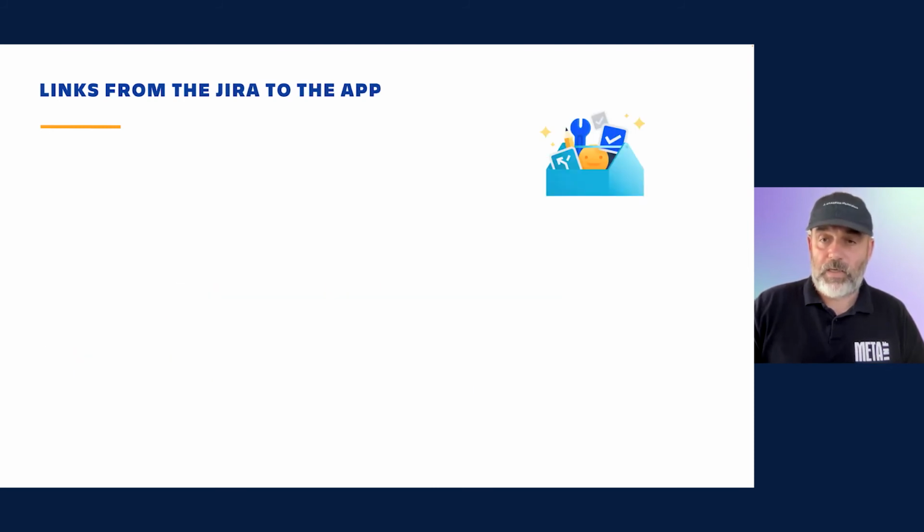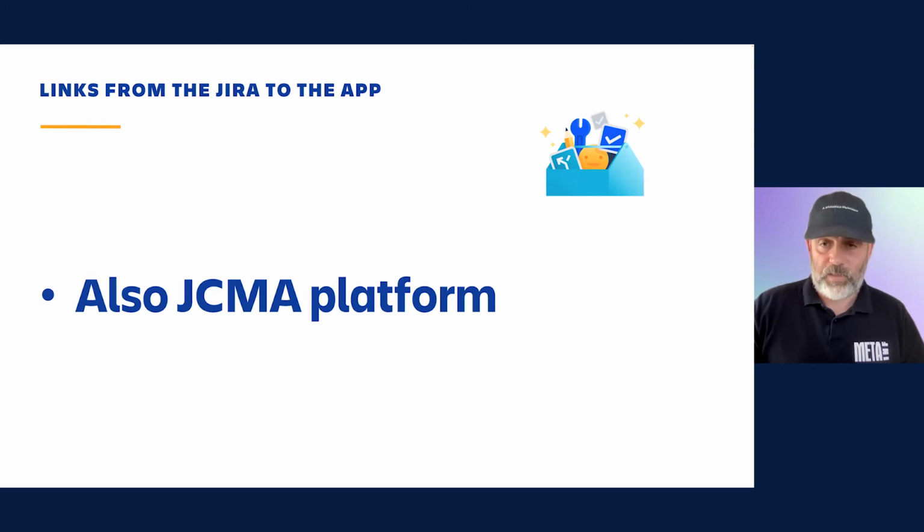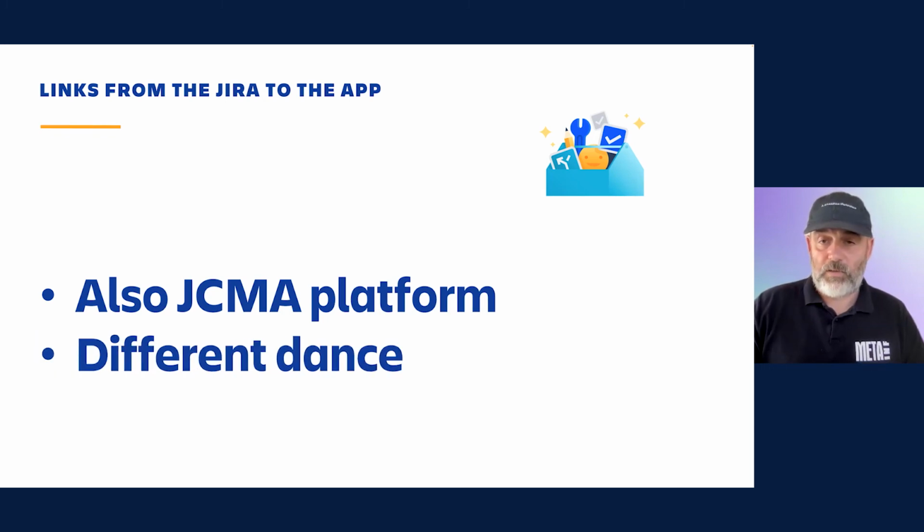Okay, and what about the links coming from Jira to your app? Well, it's also handled by the Jira Cloud Migration Assistant platform, but the dance is different. The migration of Jira is in advance of the app migration. An example is a post function in the workflow